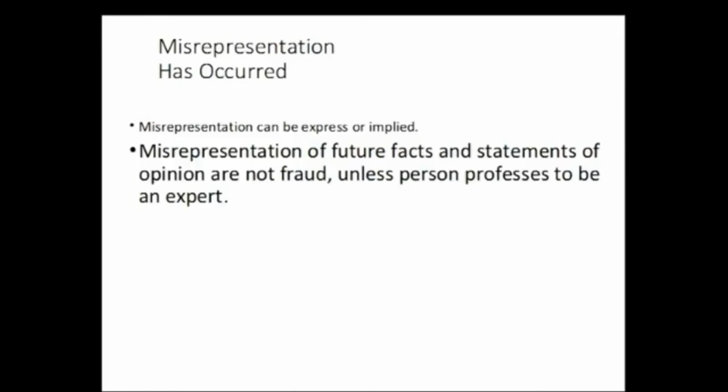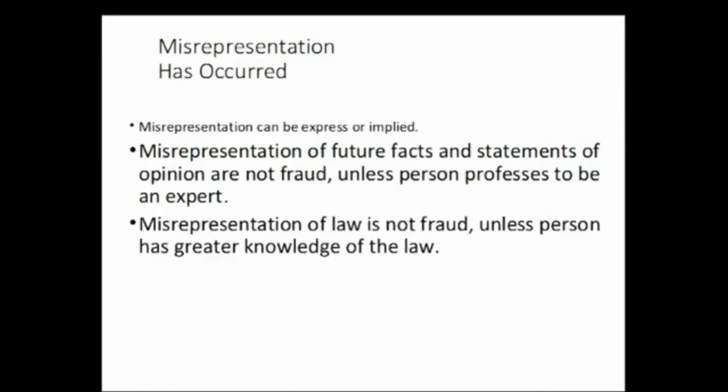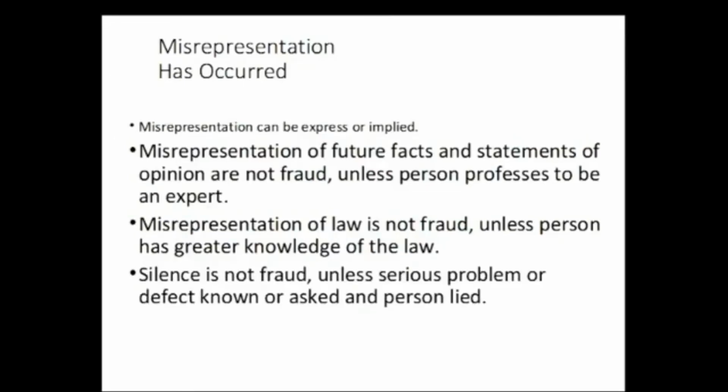Then we turn to fraudulent misrepresentation, and it's avoidable by the innocent party, not by the guilty party here. And the elements of that are material fact is misrepresented, there was an intent to deceive, there was a reliance on the misrepresentation, and there was an injury to the innocent party. And that's where we talk now about opinion versus fact, or where misrepresentation has occurred.